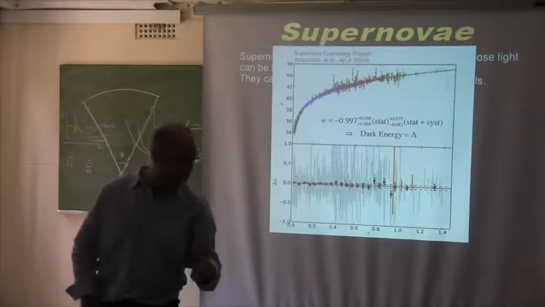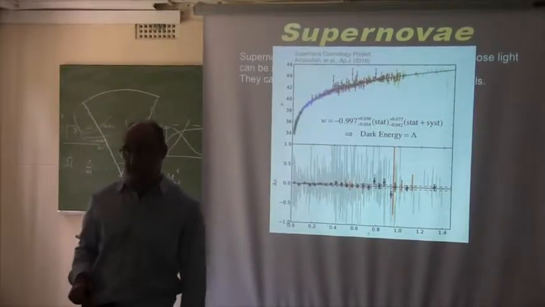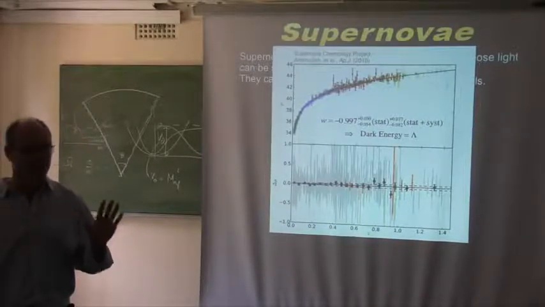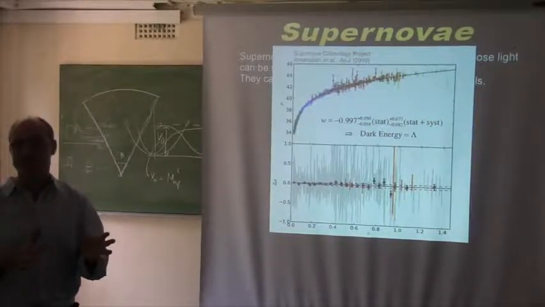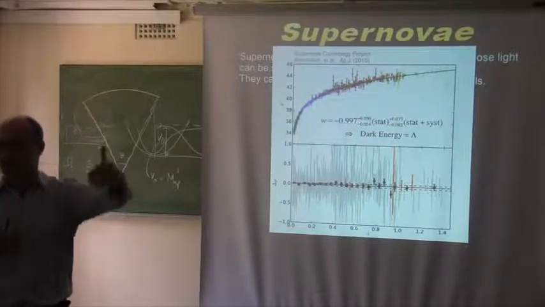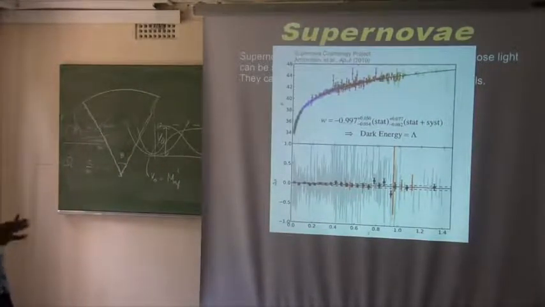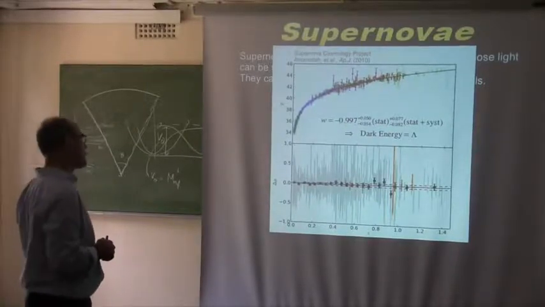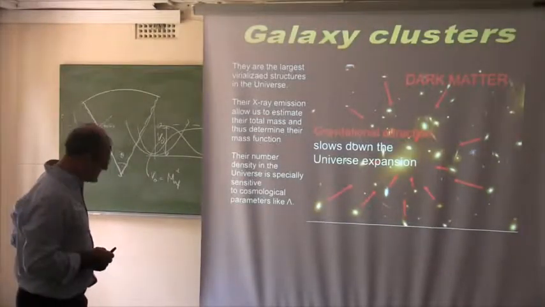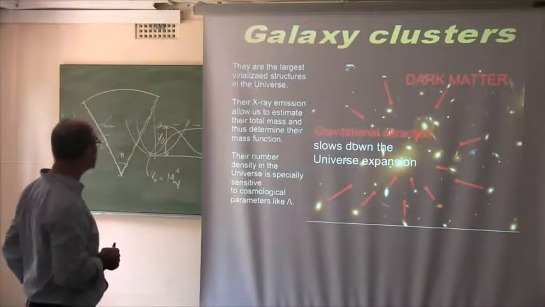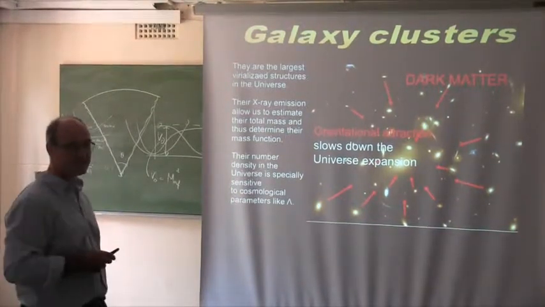With DES, we already have reached redshift 2, and we have something like 2,000 supernova. It's not yet published, it will become soon. So we go from 700 or so supernova to 2,000, and much deeper. So DES is going to revolutionize the supernova field. All these discussions that Julius Sarkar is putting on the web, we ignore. Sorry, Juan.